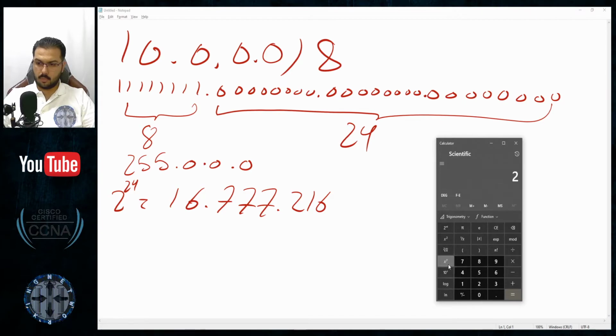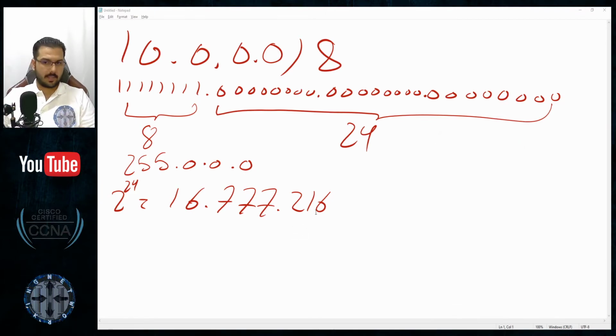Scientific, 2 to the power of 24. Yes, that number, that is correct. If I took 2 addresses only, it will be 2^24 valid, etc. But don't take the 2 addresses today. Wait a couple of minutes, because I will start the classic tale of every time of typing the network ID